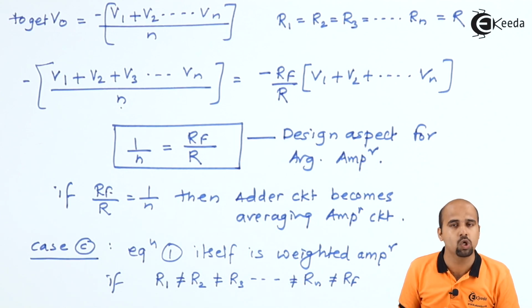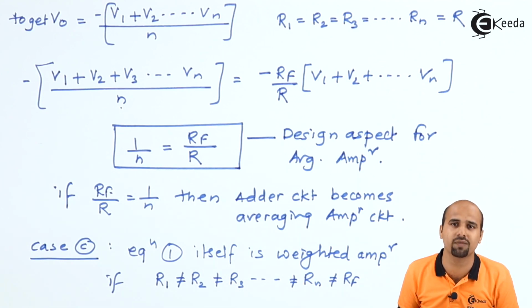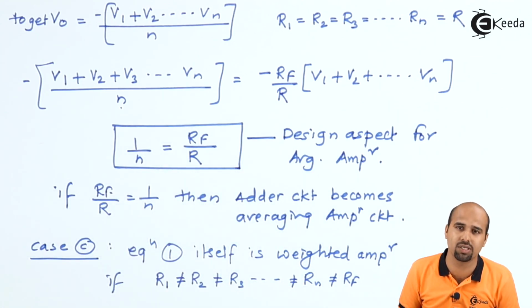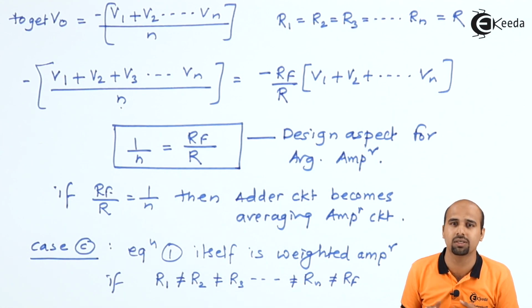for your weighted amplifier circuit. So far we have discussed the adder circuit, elaborated the adder circuit, 3 configurations of the adder circuit: one is the averaging amplifier, another is the summing amplifier, and the third one is the weighted amplifier. In all these aspects, any design they can ask you, and you can draw with this kind of conclusion, and you can design the particular circuit with a particular relationship with RF, R and n.